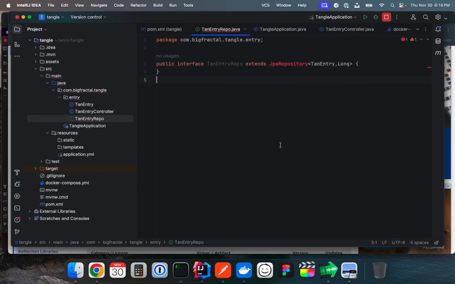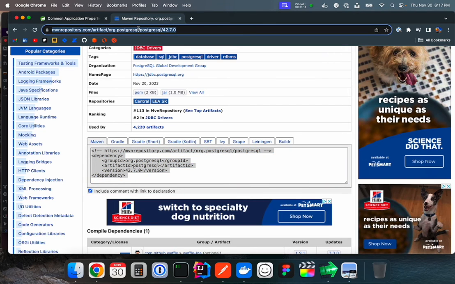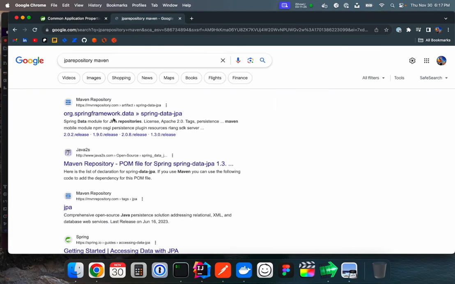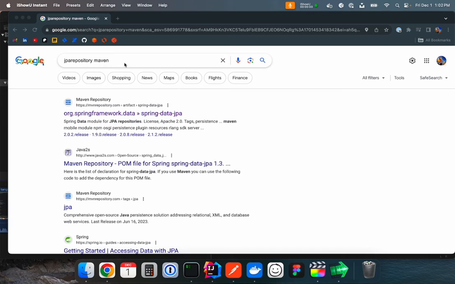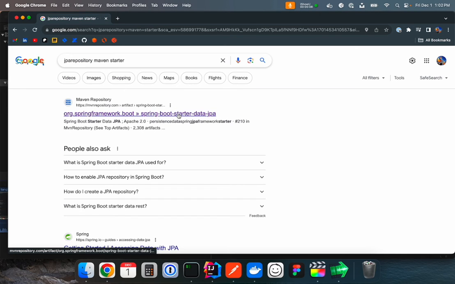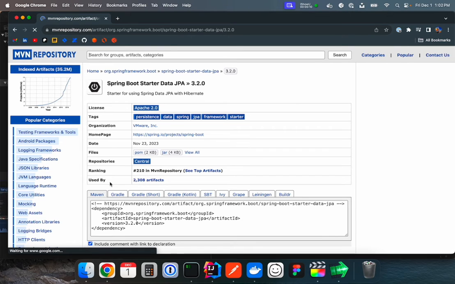Spring comes with a lot of stuff built in, but not everything. And as you can see, this JpaRepository, it says it cannot resolve it, and it's not suggesting an import. So that means that this is not in the project. So the way to get it in the project, usually I'll just copy and paste this to a Google search. Here, I'll put Maven here too. Actually, I want something called a starter, which is a bigger bundle. And pick the top one